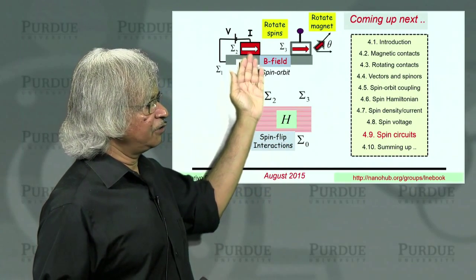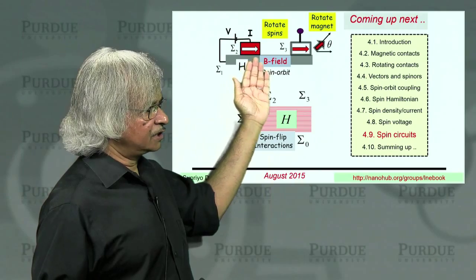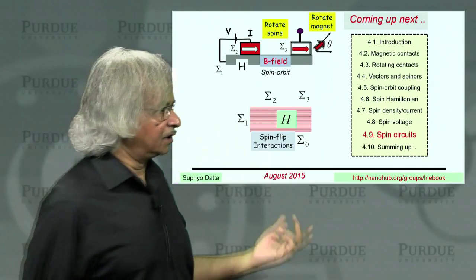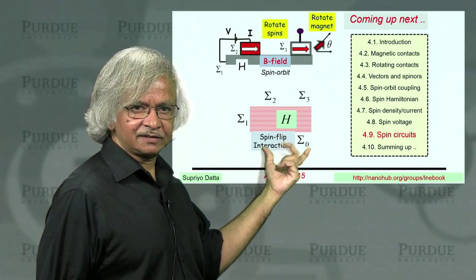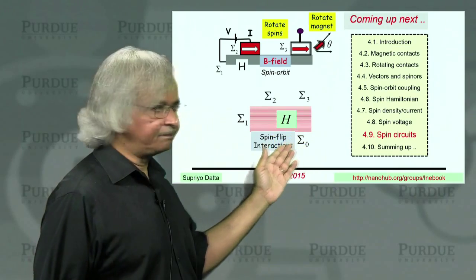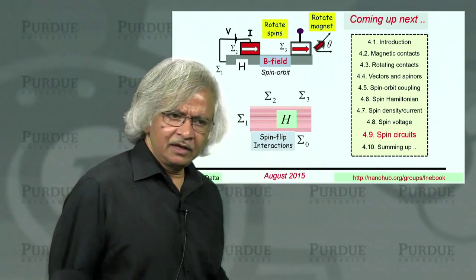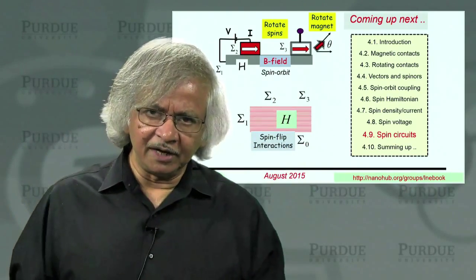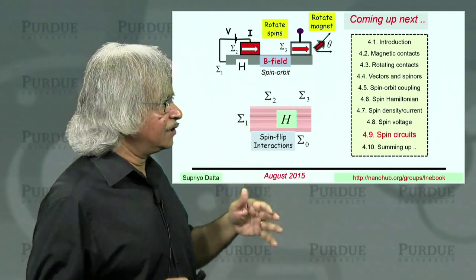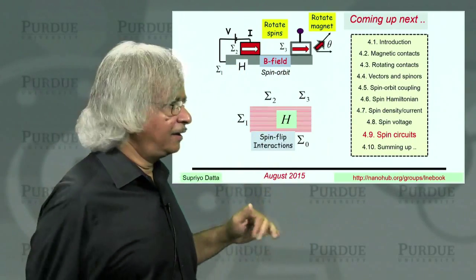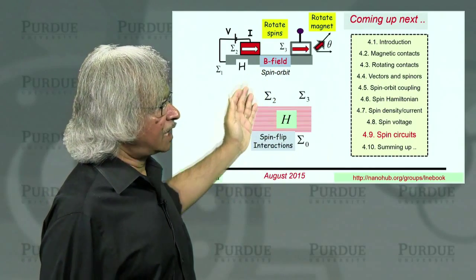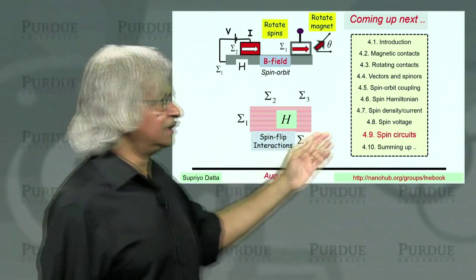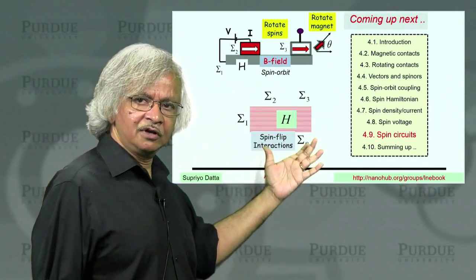As I said, here you have some excess spins, which gradually get reduced as they flow away. And if you want to include that in a model, then you'd have to include spin flip interactions through this sigma 0 type of thing. And that we haven't talked about, and that's relatively hard to do, not so much conceptually as numerically, because if you have a long device, all these matrices tend to get big. And so as a practical matter, it is harder to treat this entire big device within a single NEGF framework, although in principle we could do that.